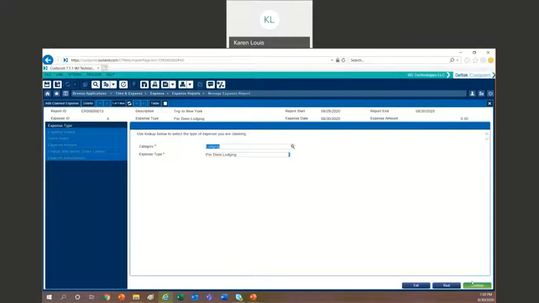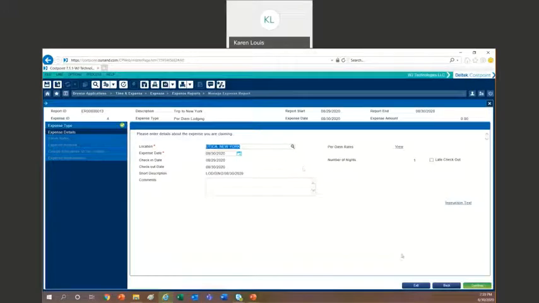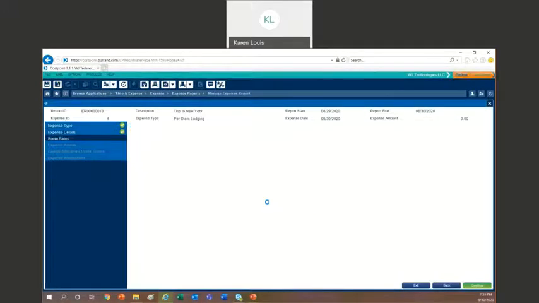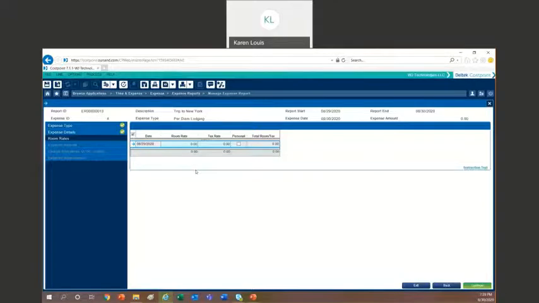Lodging. Again, I have my location. I can look at the per diem rates. And now I need to enter the room rate and the tax rate. Now I'm purposely going to go over the per diem amount so we can take a look at it. But it's very important to enter in how much was spent on room versus how much was spent on taxes,